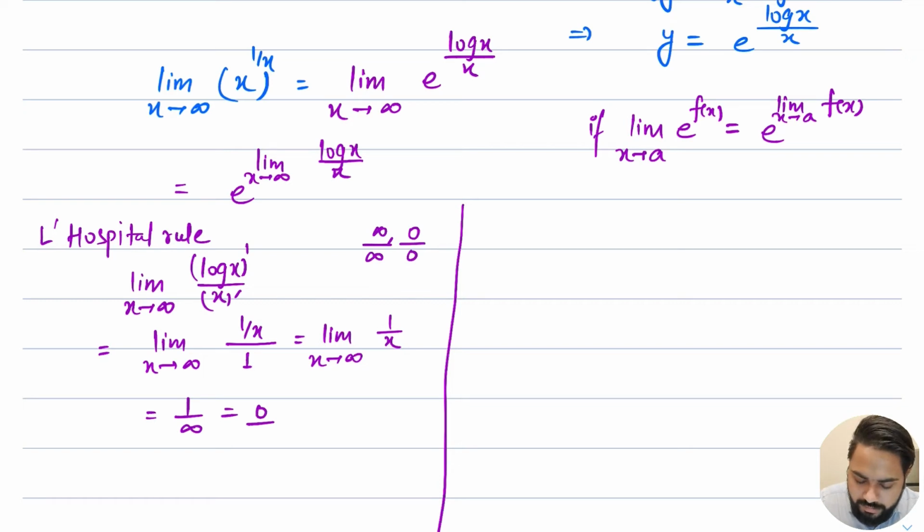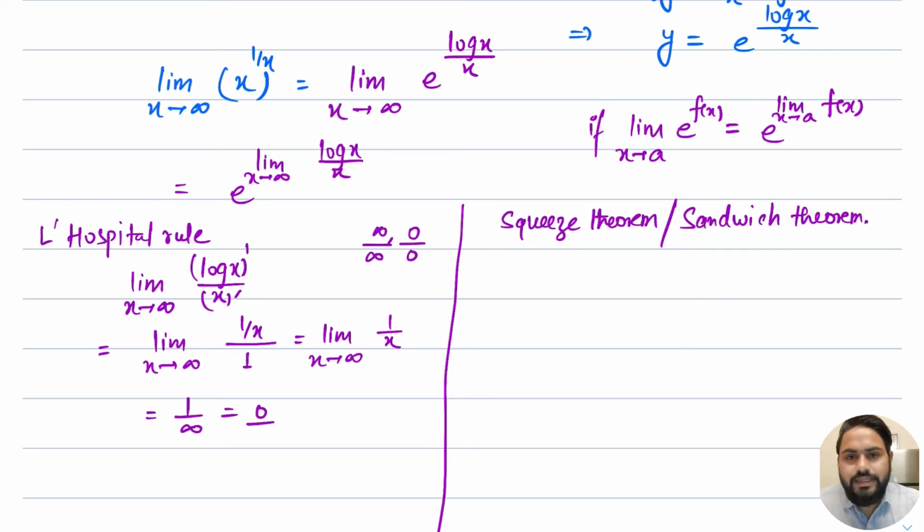Now we can do this by the squeeze theorem, also known as the sandwich theorem. Now we will find two functions f(x) and g(x) such that this function lies between these two functions at the point, and we find the limit of both, which act as the boundary functions. So I am considering one as 0, since 0 is less than log x, and log x is always less than root x. This is a property of these functions: 0 is less than log x is less than root x.